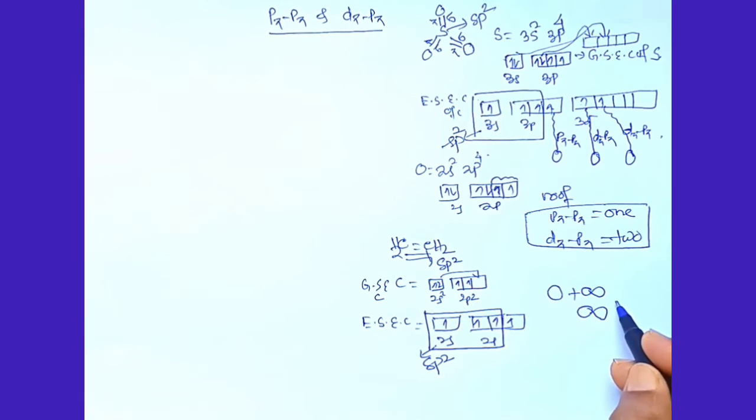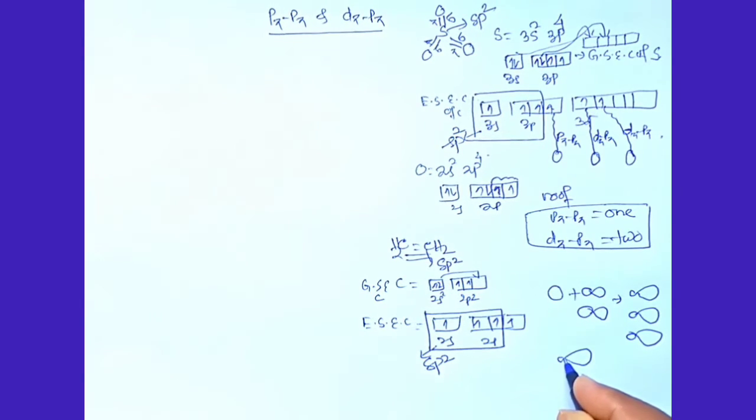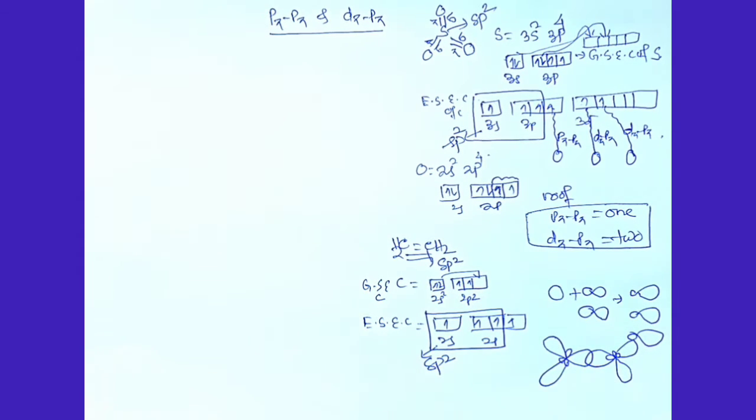So 3 hybrid orbitals will be generated. This is 1, this is 2, and this is 3. These 3 hybridized orbitals remain in a trigonal plane. Similarly for the other carbon, and they will form 4 sigma bonds with 4 hydrogen atoms. The bond between the 2 carbon atoms is formed by face to face overlapping, and this bond is a sigma bond.